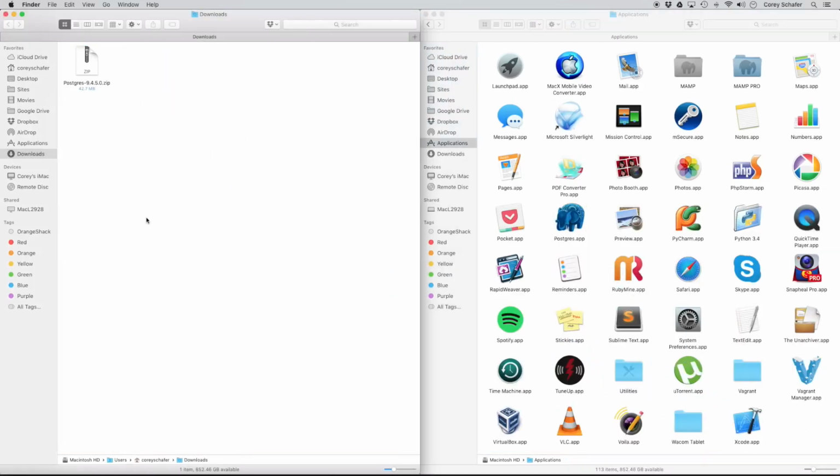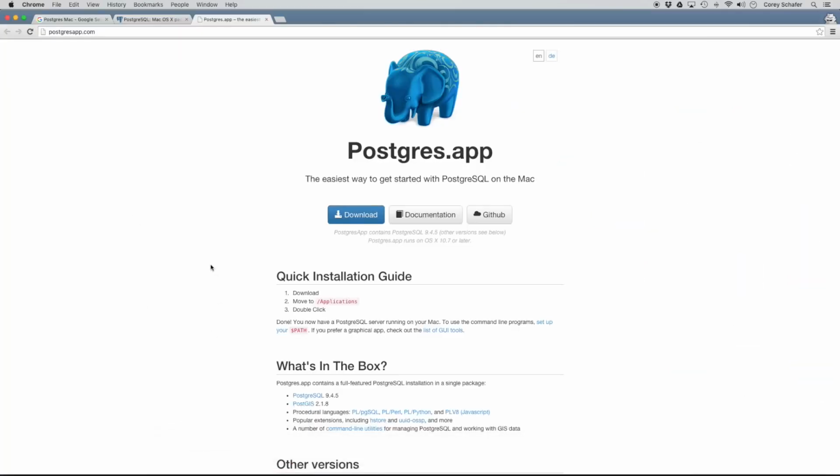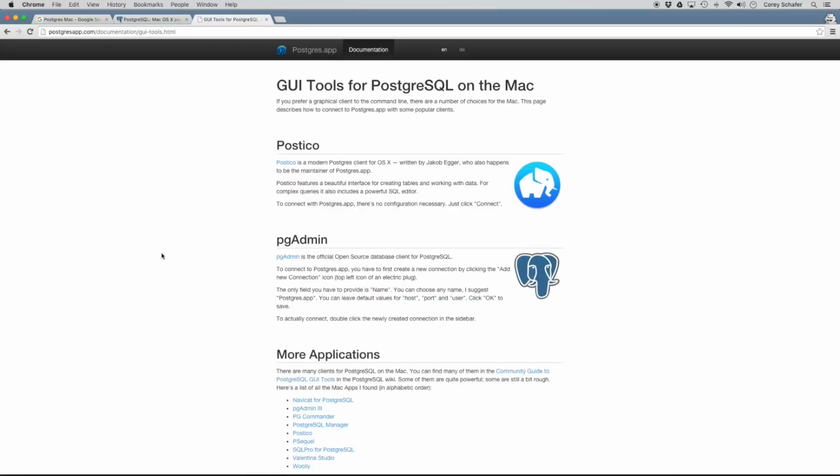Okay. Now with that Postgres app installed, that's going to give us a Postgres server that we can talk to using the command line. Now the command line isn't the best way to visualize what's going on, so we're also going to want a graphical interface program to inspect our databases. Now on the Postgres app website that I had pulled up earlier, they list a few of their favorite GUI tools here. So I'm going to click on this link, and